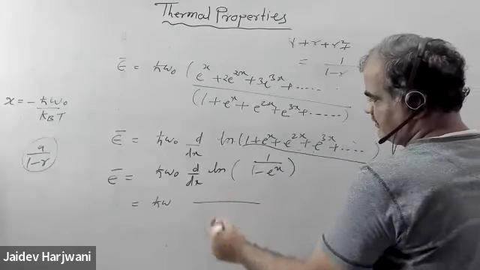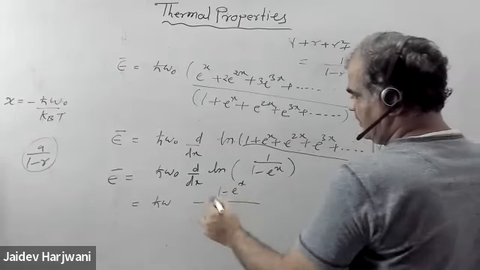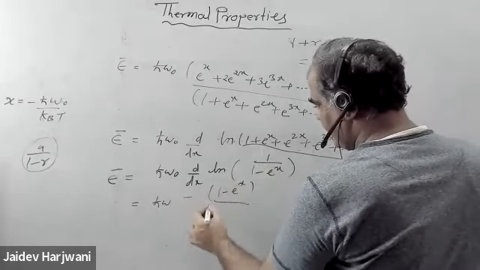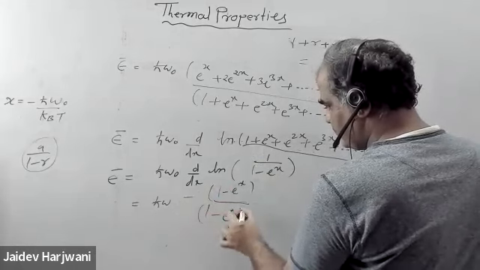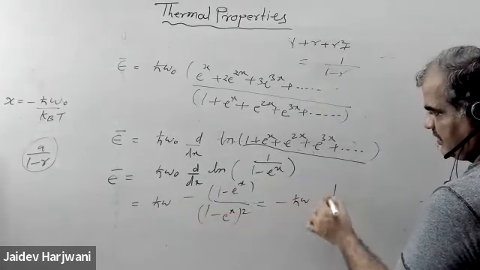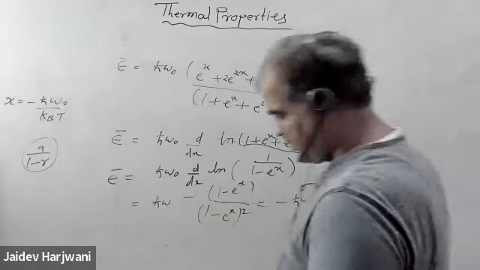1 minus, what should I do first? 1 minus e^x, and then 1 minus e^x, and then you do it one by one, so 1 minus e to the power minus x whole square. Okay. So what will you get? Minus h cut omega 1 upon 1 minus e^x, or